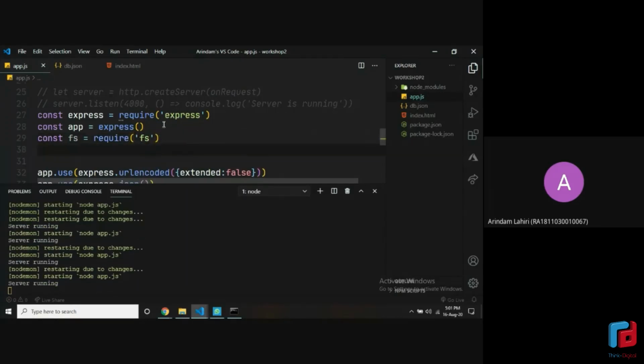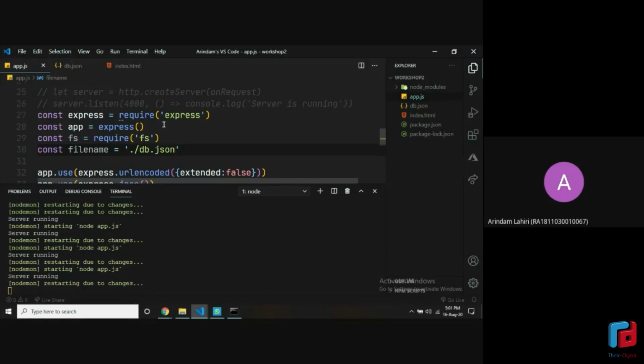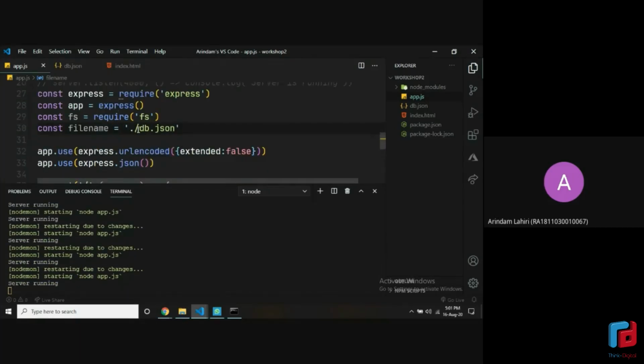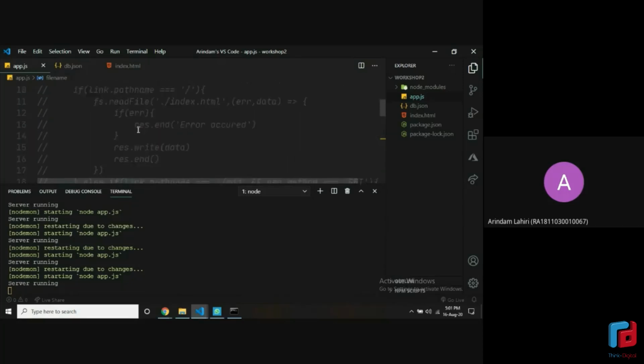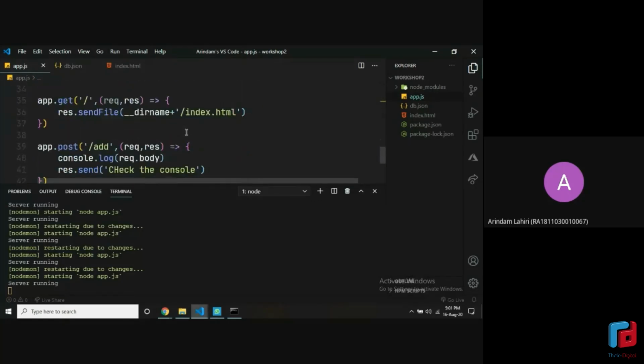Let's define a file name, because we'll be using it again and again. So let's keep it in a variable, which is db.json. Okay. We have the file name. If you remember, this is how we did the index.html also, in fs.readFile, that's what we use, file name, so we are just putting it into another variable.